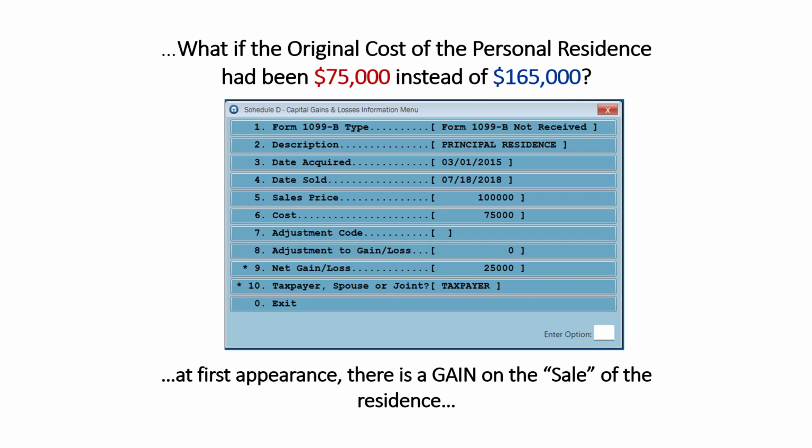Now, carrying our example a step further, what if the original cost of the personal residence had been $75,000 instead of $165,000? At first appearance, we have a gain on the, quote, sale of the residence.